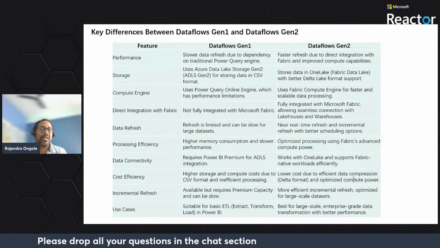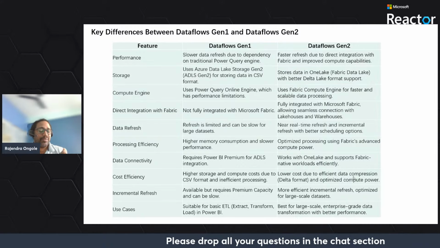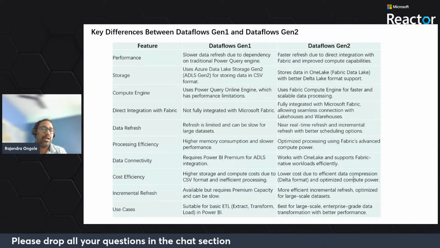We are going to extract the larger data models and larger data sets as per the project. Most of the time, after analyzing the backend data, we will choose either Dataflow Gen 2 or Gen 1. Gen 1, in simple terms, is